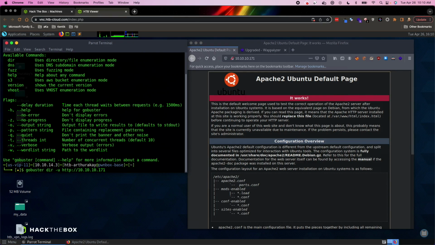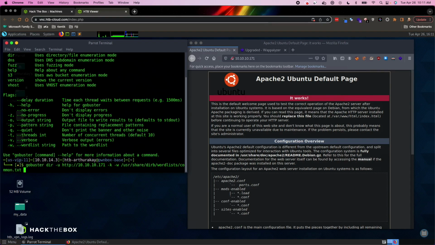We also want to attach a -k to ignore checking the SSL certificates of the website, as well as a -w pointing to a word list to use for brute forcing. And in this case, we're going to use /usr/share/dirb/wordlists/common.txt. And this is a file that's built into Parrot OS as well as Kali Linux. And you're free to use any word list that you might like, though this common word list is something that I would recommend to do a quick scan. Hitting enter,